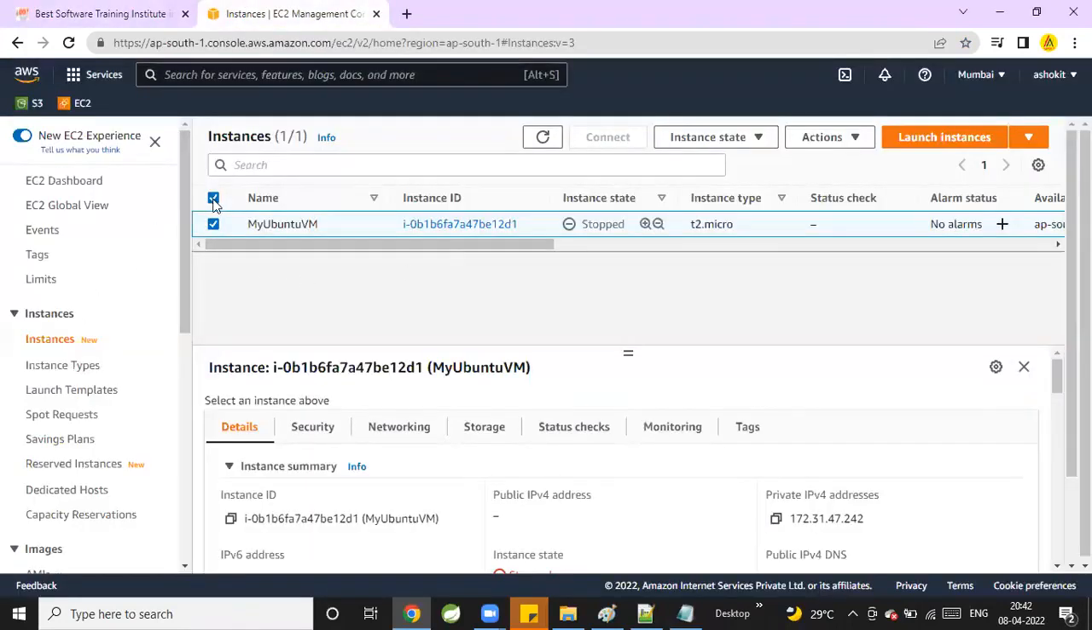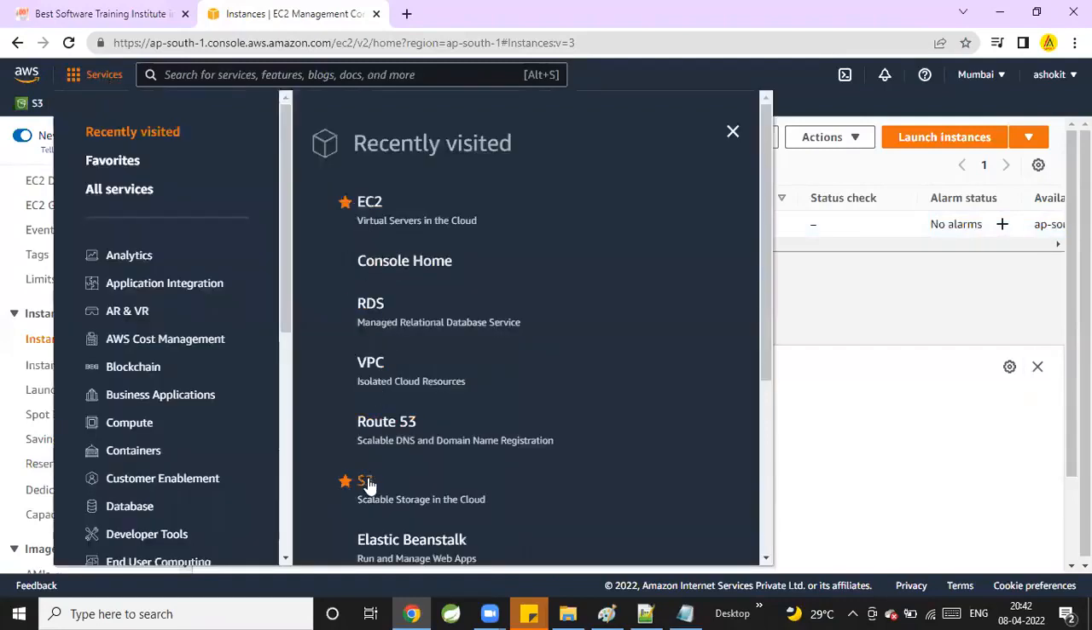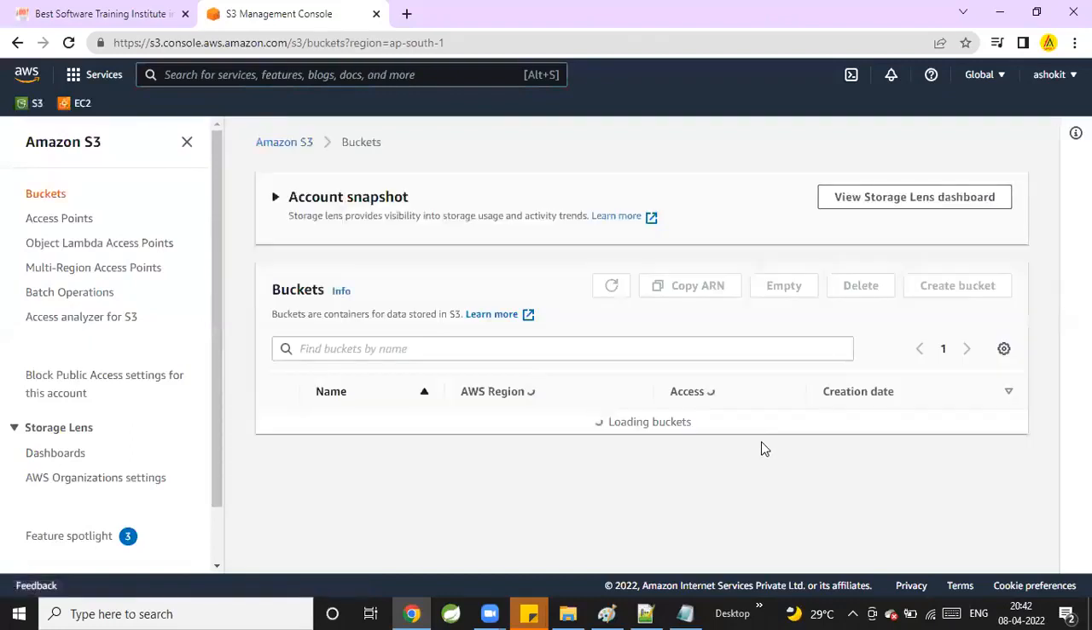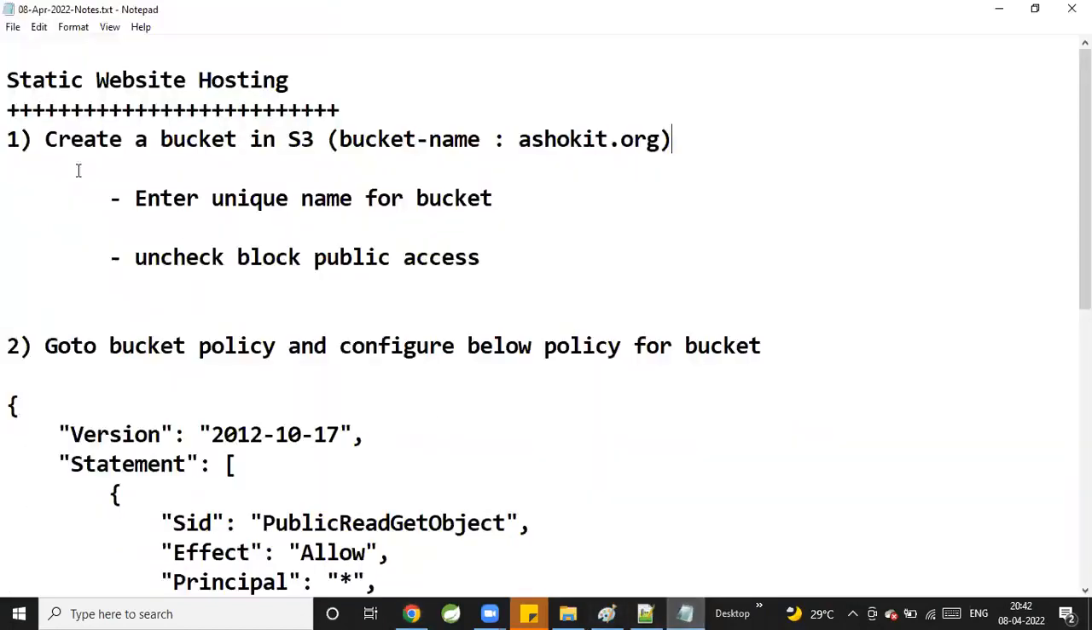Now, I want to create one S3 bucket, and I want to store my files related to the website, and I want to run my website in the S3 bucket. This is called static website hosting using S3. What we need to do here is